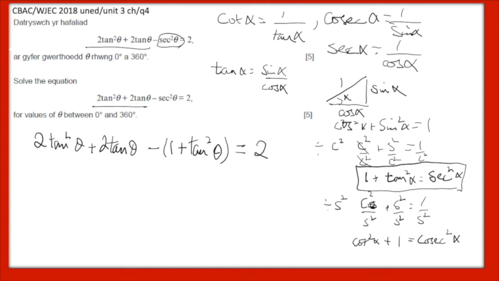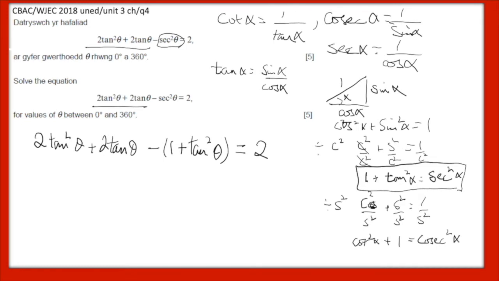So all I've done there is I've used the fact that 1 plus tan squared is equal to sec squared. I've bracketed it because of the negative sign that distributes. I just have to be a little bit careful. But expanding it out,